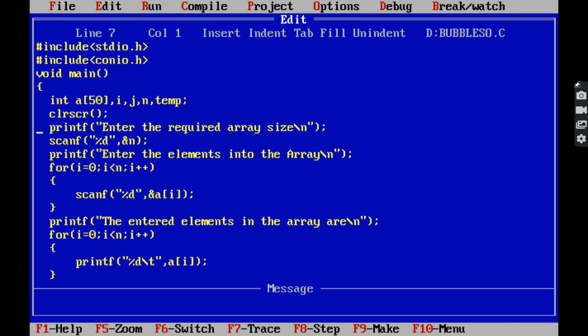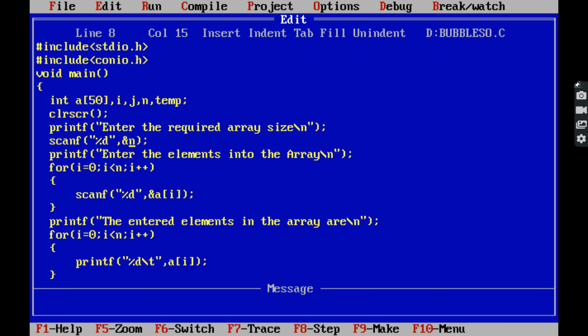Now the available array size is 50, but I am taking only the required array size, which is 6. That value 6 is read from the keyboard by using the scanf function and stored in the variable called n.